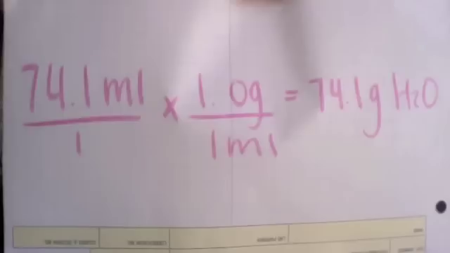Now we will walk you through the data analysis of the lab, in order for you to calculate the heat of combustion successfully. Number 1. Calculate the mass of water heated. Remember, the density of liquid water is 1.0 grams per milliliter. To calculate this, we must know that our water volume is 74.1 milliliters. We put that over 1 and then multiply it by 1 gram over 1 milliliter to get 74.1 grams of